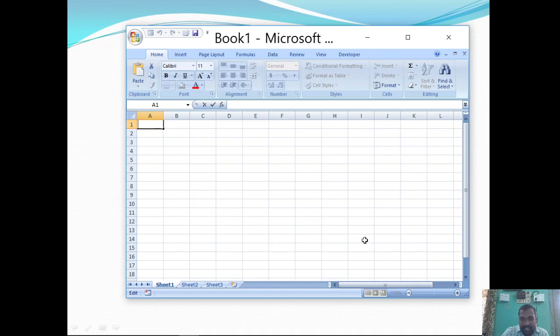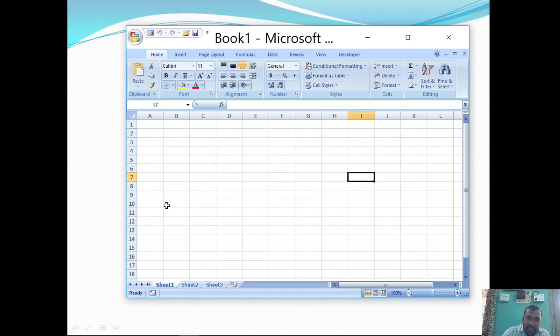This is the work area. In this work area, one of the cells is highlighted, for example this one, and that name will be displayed in the name box: B4. B represents the column name and 4 represents the row number. Every reference address starts with the column name followed by the row number.